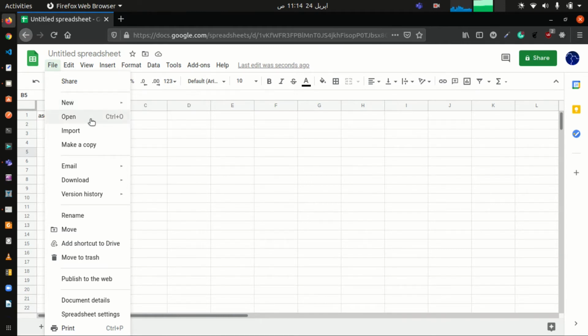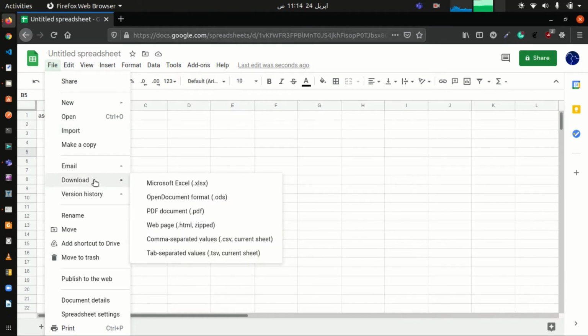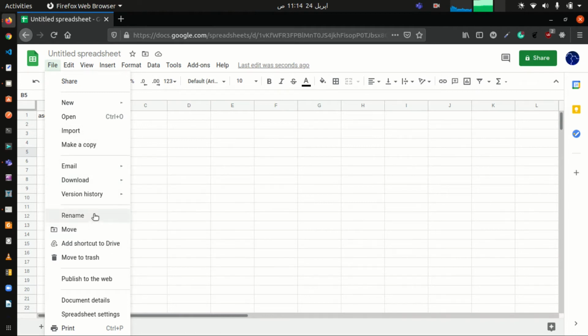And if you want to import a sheet from your system, you can click on Open, or import directly from here. Once you're done with your Google spreadsheet, you can download it in Excel format, .ods format, or PDF format. There are also other operations like rename, move to trash, and move. There are other operations that you can perform as well.